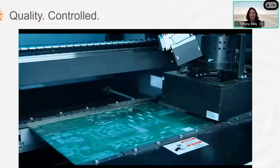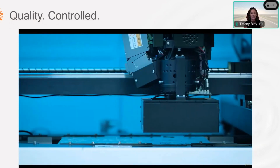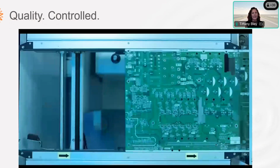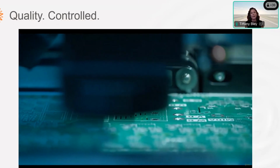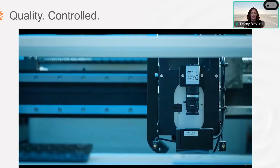The excellence in manufacturing is this automated manufacturing line that you guys can see. We're really elevating industry standards. We're one of the few that have a fully automated line from beginning to end of production, as well as, of course, that